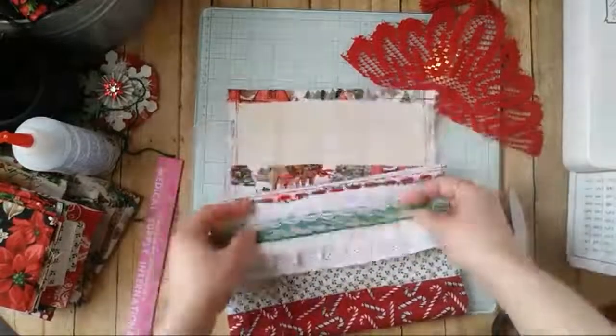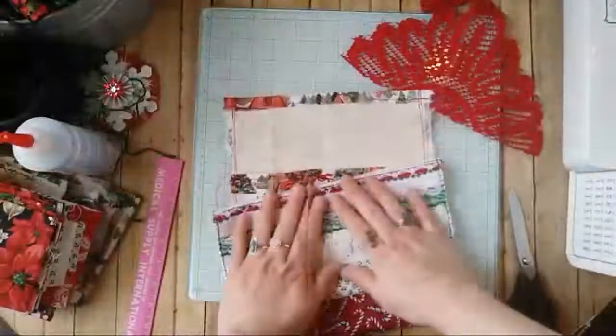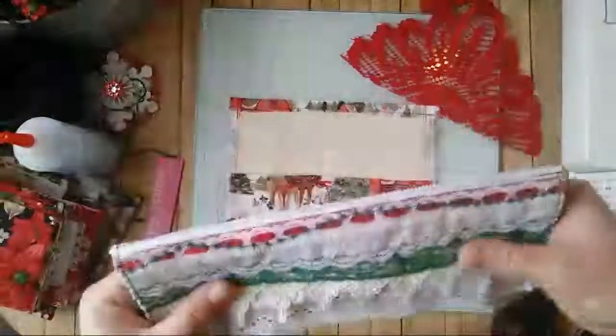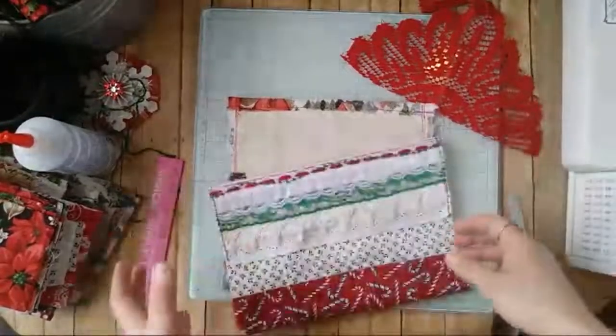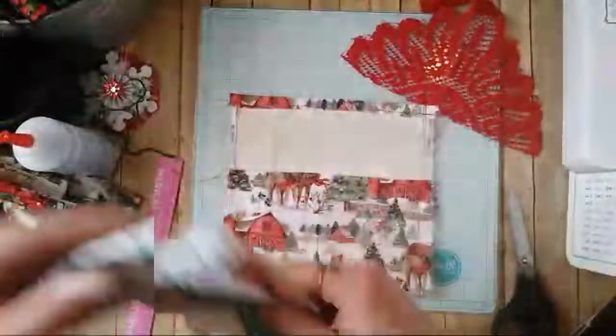I like things that are made this way. I like the rustic, really handmade look. Like, I love my sewing machine. It's my little baby, but I really enjoy hand stitching for that reason, because